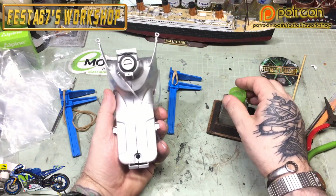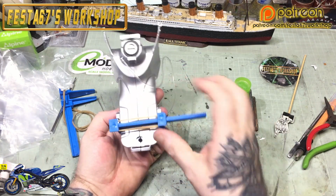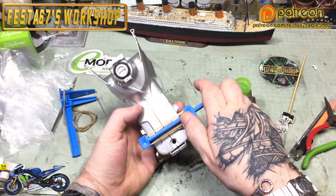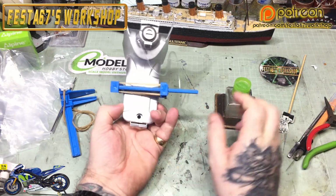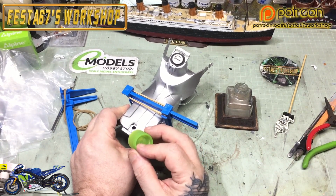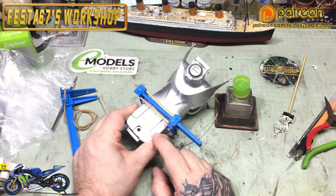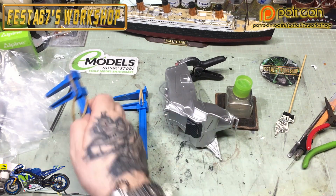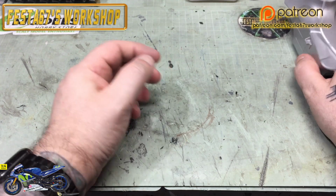We'll see what we can do with the glue, but I'm not holding much hope that the old extra thin is going to be bitey enough for it. So I think a deft bit of heavy duty clamping will be required on this bad boy. But we'll see. Luckily I've got some nice aluminium paint, so I can see what we can do. But I'll probably find that this won't be gloopy enough. But not to worry. This is the challenge. This is what we enjoy doing. See, so clamp that, and we'll see,